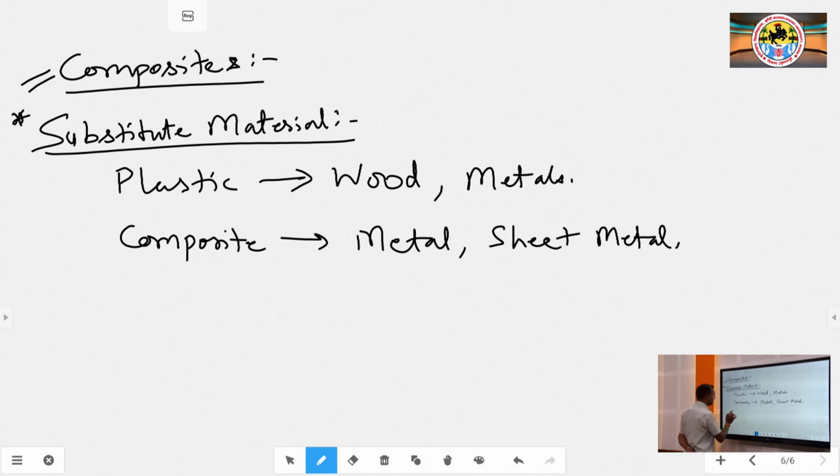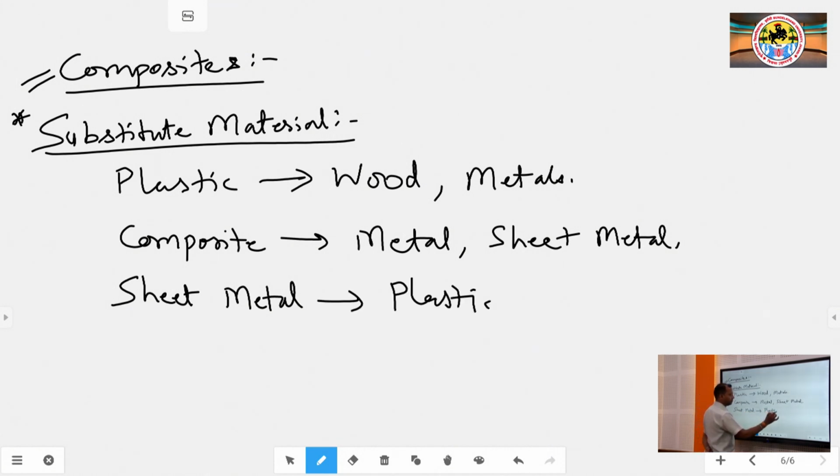Then sheet metal is again replaced by plastics. So, we have various types of substitute materials where we can replace the conventional material with the help of